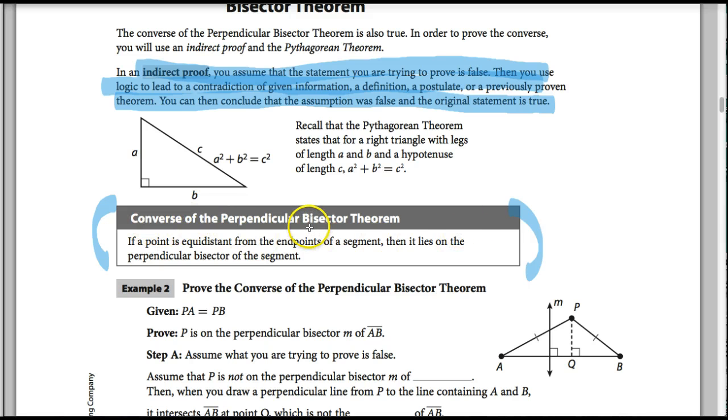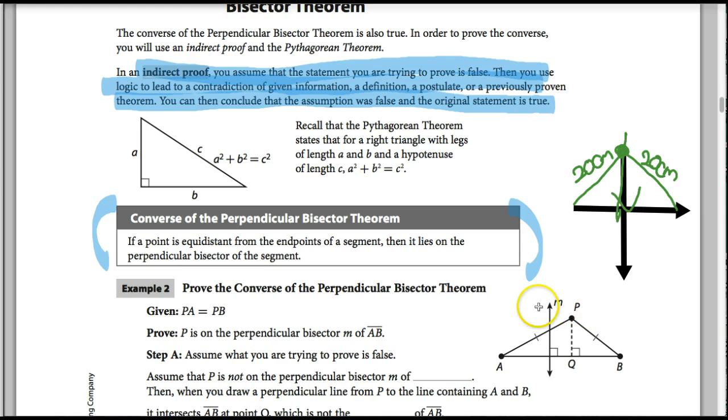The converse of the perpendicular bisector theorem says pretty much if you have a line like this, it's supposed to be a segment, and then another line like that, and you measure the length from here to here and here to here, and if this was 20 centimeters and this side also ended up being 20 centimeters, then this point is on the perpendicular bisector. So it's just the opposite of the other one. The perpendicular bisector theorem says,